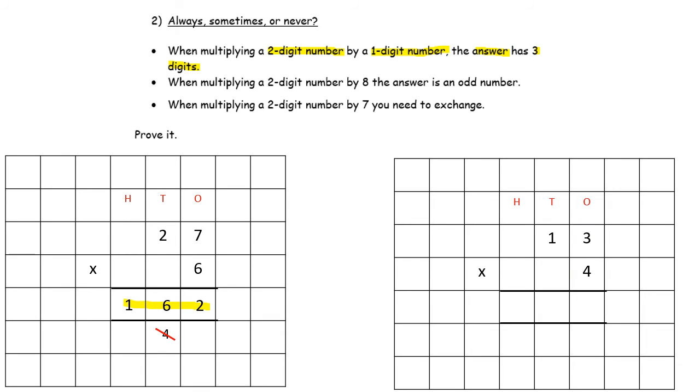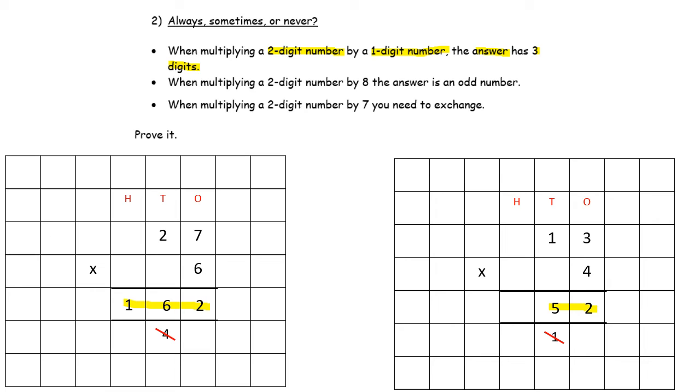So then let's go through another example, 13 times 4. So in the ones column, 3 times 4 is 12. And then we've got 1 times 4 from the tens column is 4, add our exchange is 5. Okay, so that gave us 52. And if you look at your answer here, you've actually only got 2 digits. That means that this statement doesn't happen all the time. It only sometimes happens. So you'd write sometimes next to that one, and then you need to work out the